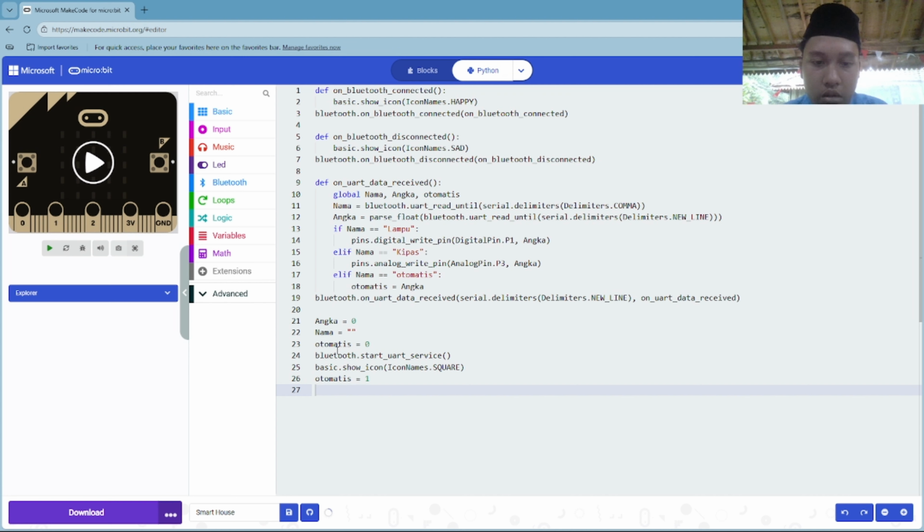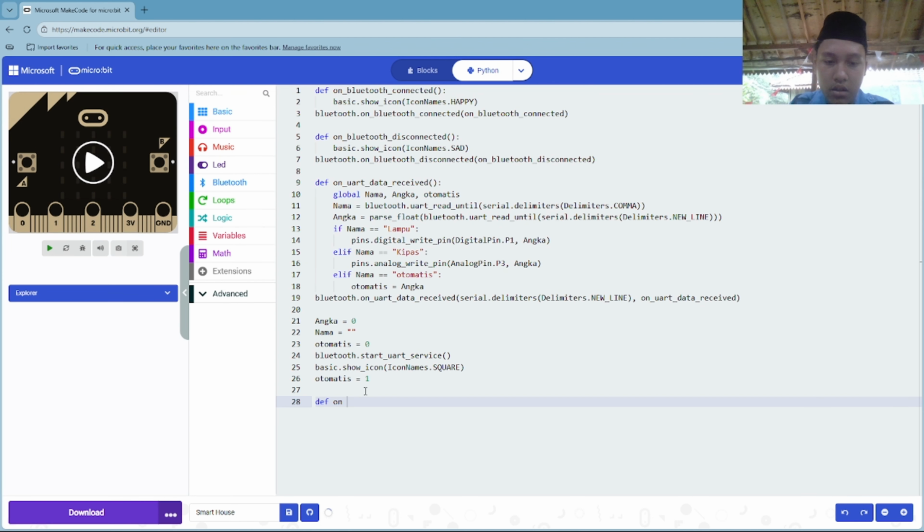So I already made all of the variables in here, and this one is for starting the wireless service, or starting Bluetooth, and this one is so we know we already started our Bluetooth.